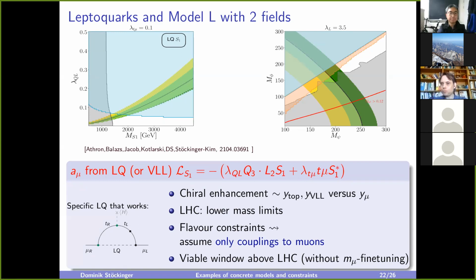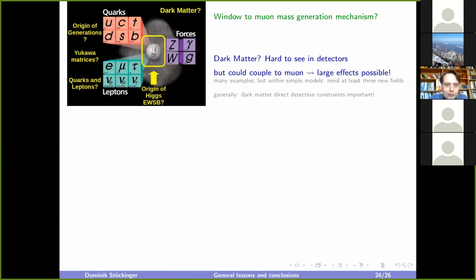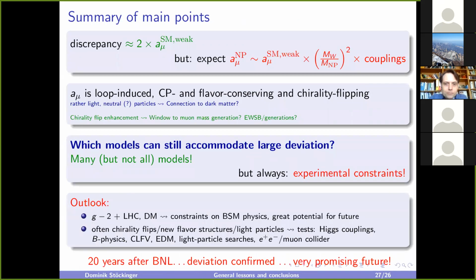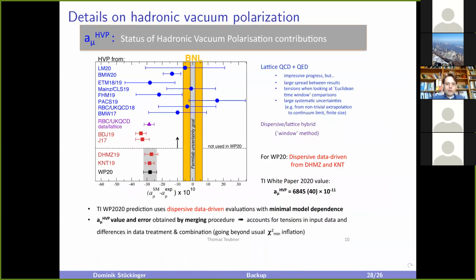Okay, Dominik, so can you comment on lattice results? Okay, the usual. The recent BMW. So yeah, what is your opinion? Right. Yes, okay. Do I have a backup slide on it? I might. Here a backup slide. I copied from Thomas Teubner, who is in the steering committee of this theory initiative. And so just that we have it visually in front of us.